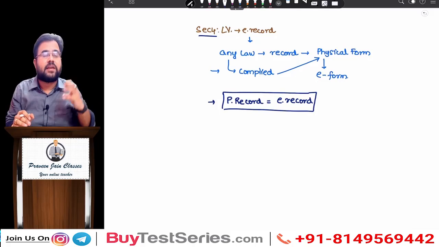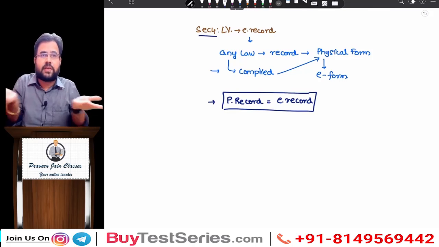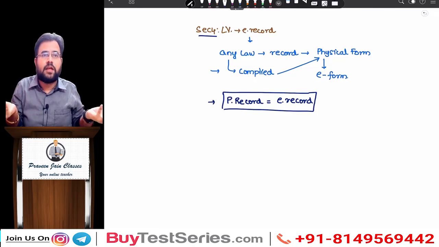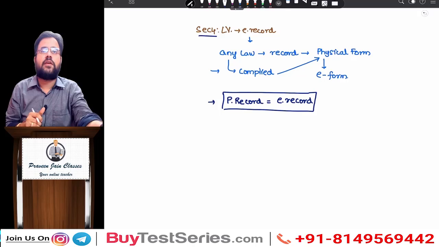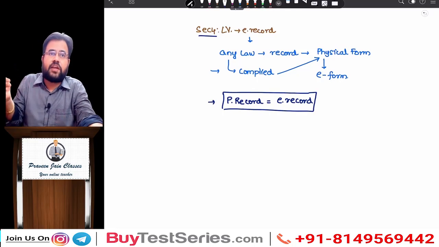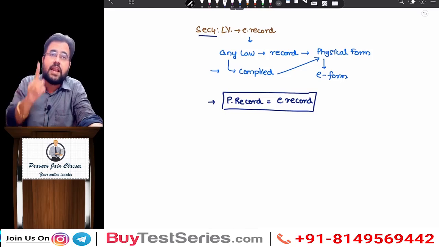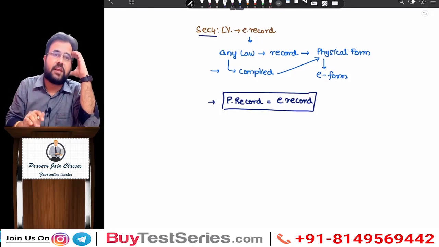Say for example, sir, ITR1 in physical form and ITR1 in digital form. Can I say both are the same today? We give equal importance to both the forms, sir. That happened only because of which section, sir? Section number 4, sir. So can I say that government, on the verge of electronic governance, first said what? Let us give equal importance to electronic record and physical record, sir.